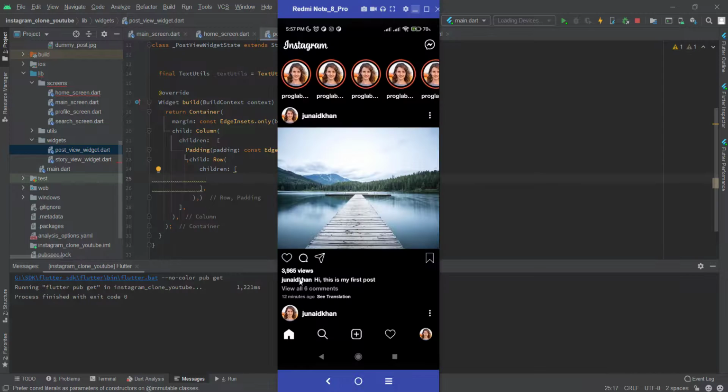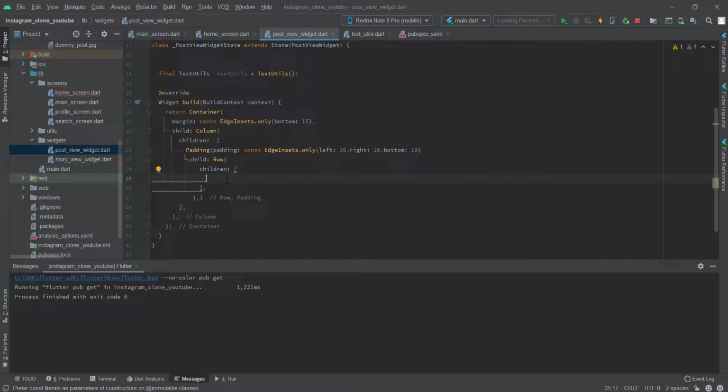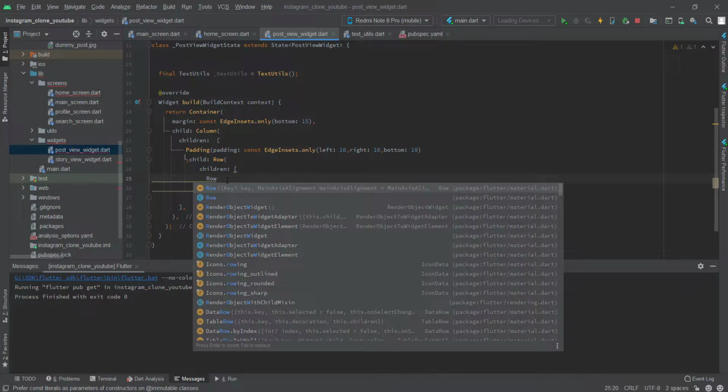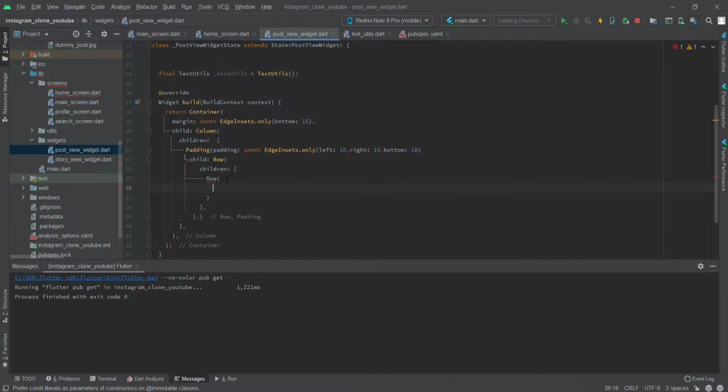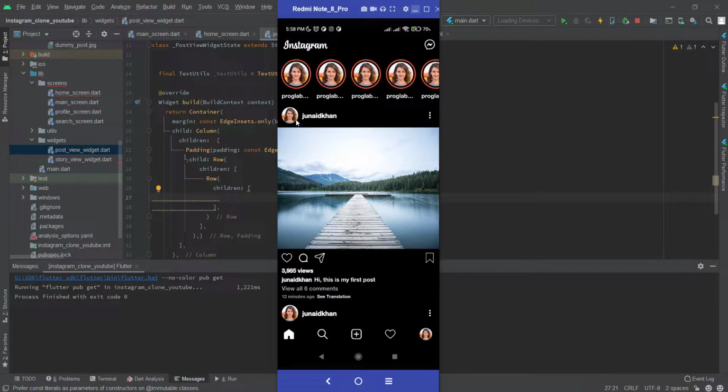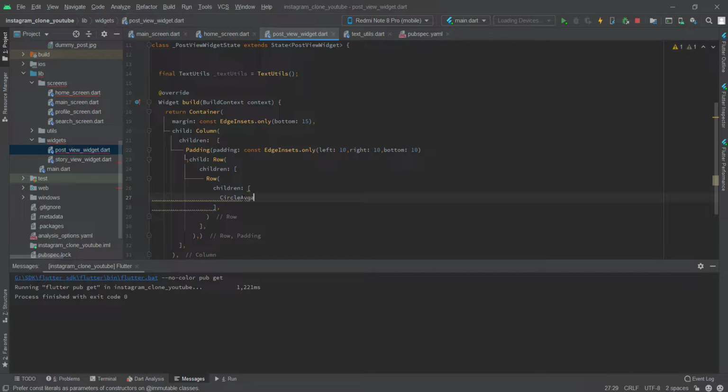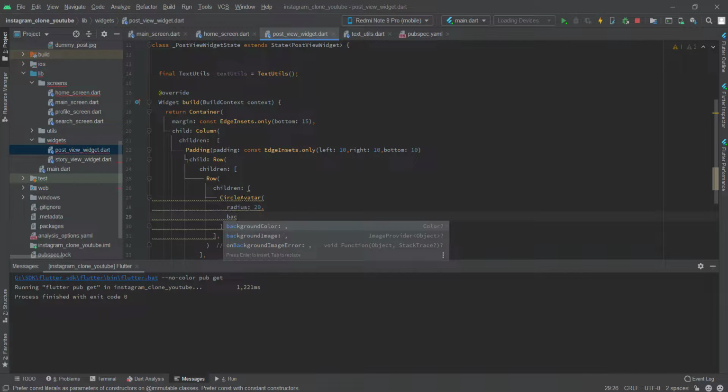and now you can see there are two types of row included. One is like this and the other one is this, and these two children are enclosed in another row with which we can define the main axis alignment to space between, I think so. Yeah, so for this we need to add a new row, children, and here we can use, for the first one, circle avatar and text. Circle avatar, the radius is 20, and background image again we are going to use it from